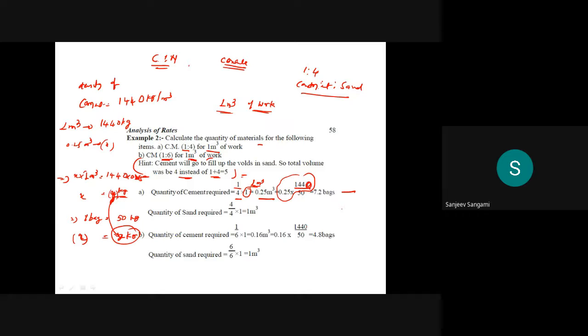7.2 bags. Here also the total quantity of sand is required. This is 4 portion, 4 divided by 4, and 1 meter cube. So for one, here also similar conditions apply. Second, that is B,